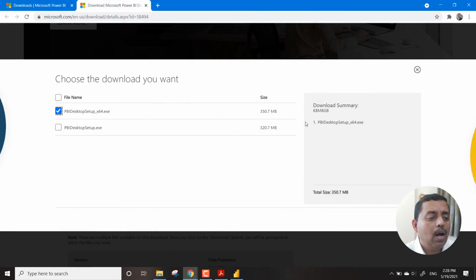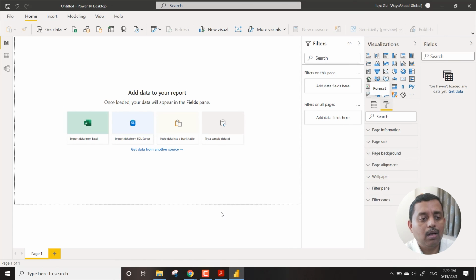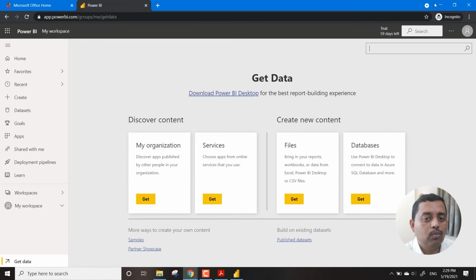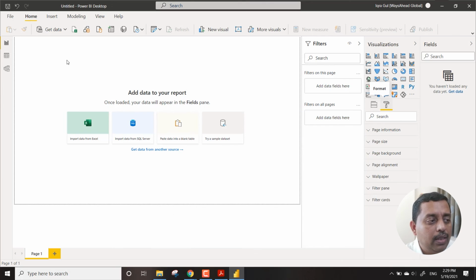So all these things we have seen, and we have gone through this demo, starting from how Power BI desktop can be downloaded and installed, how it can be configured and opened, and how the cloud service looks. A demo of all these things we have seen.